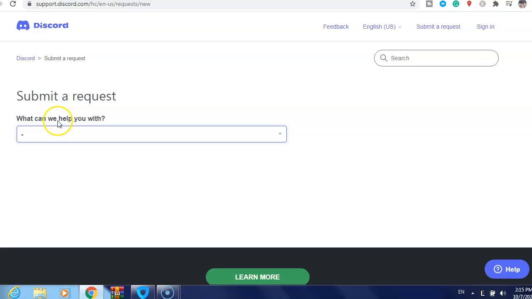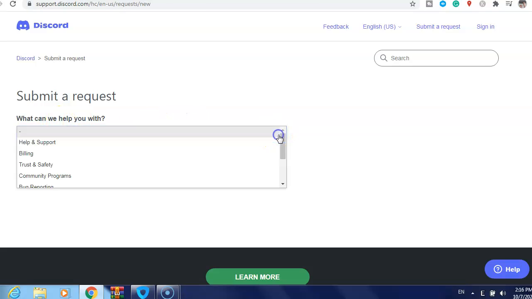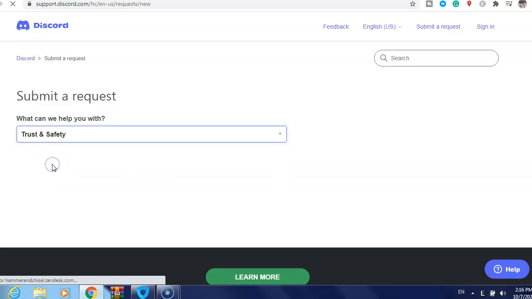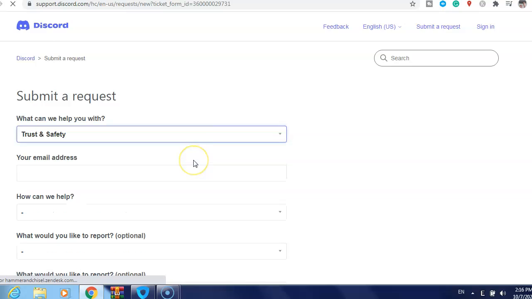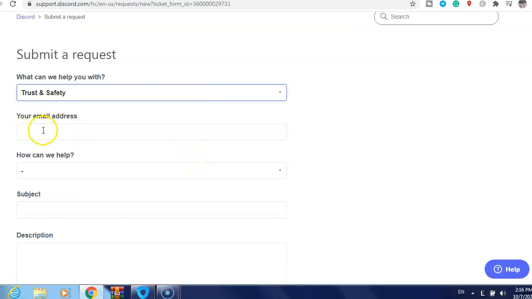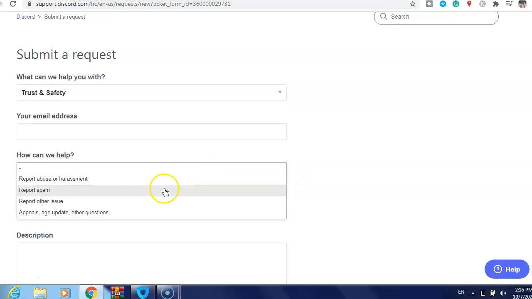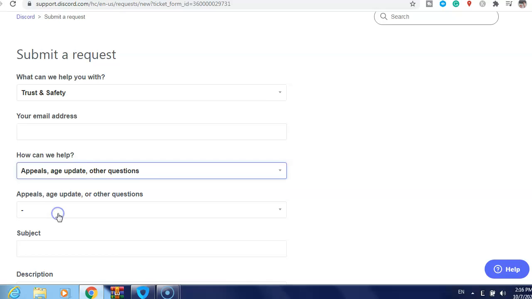What can we help with? Just click here and then choose trust and safety. Now type here your email address. How can we help? Just choose appeals, age, update, other questions,